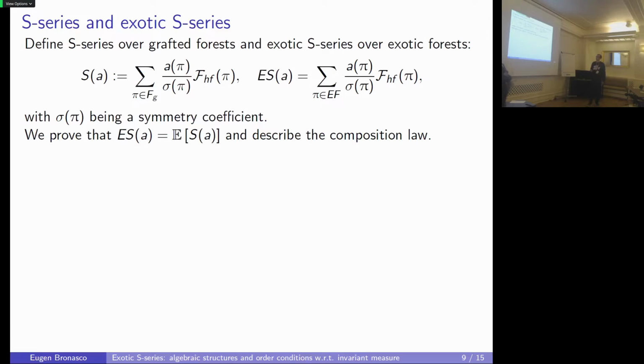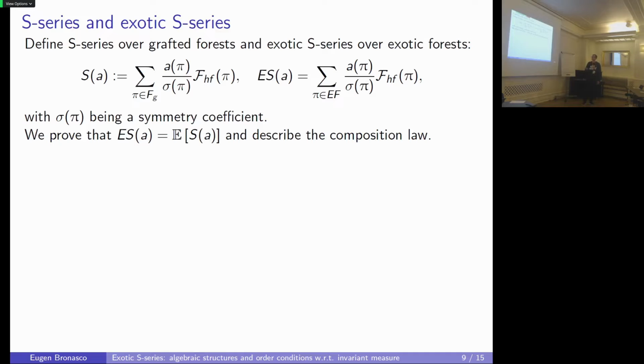definition of the S-series. Here the main difference is the fact that here we take the sum over a grafted forest, here we take the sum over exotic forest, and we also define the symmetry and the map F over the appropriate sets. There is a kind of relationship between these two S-series. Since the differential operator corresponding to a grafted forest is a random variable, we can take an expectation of it. So when we take an expectation of a series of a grafted forest corresponding to the functional A,